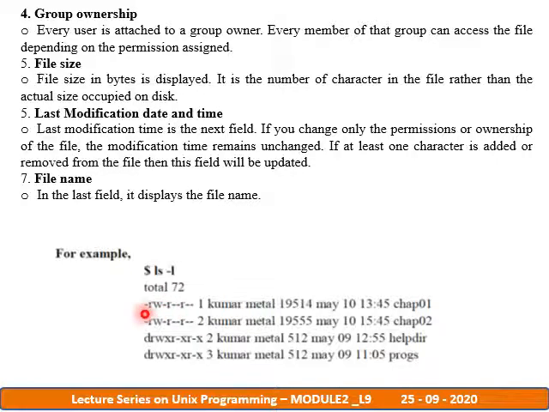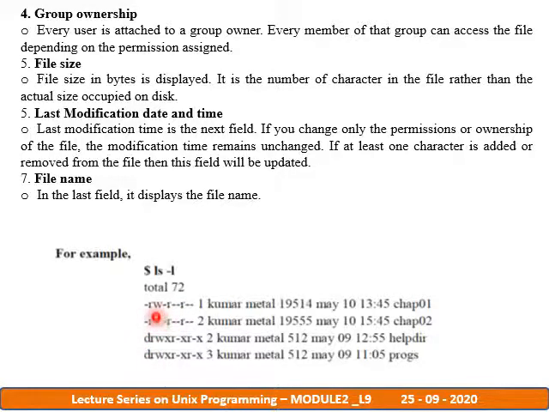The file type is recognized by the first symbol. Here you can notice the first symbol. For the first two listings it is a hyphen, and for the other two lines it is marked as directory. It indicates that these two are directory files and these two are regular files. That file type is identified only with the first character here. If it is a hyphen, it is a regular file, and if it is d, it is a directory file.